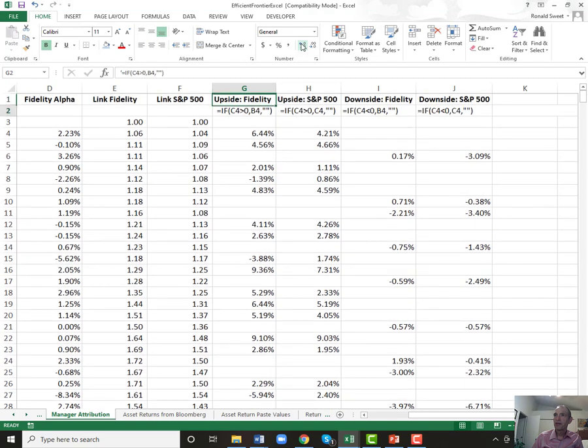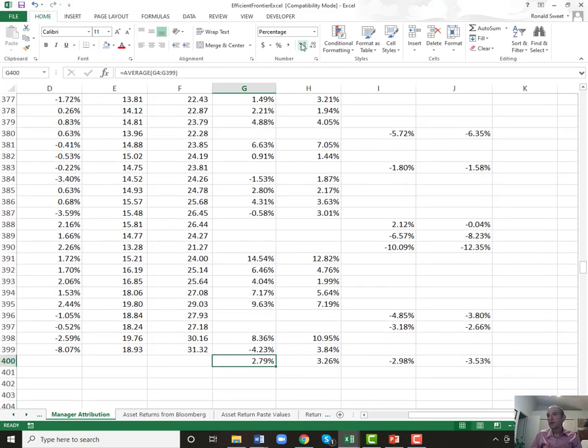Alright, boy, I wish we had real data because this is such exciting stuff. So you know you did it right is there can only be 2 things in each row. So if you have 2 things in the upside, you shouldn't have anything on the downside. If you have something on the downside, it shouldn't be anything.